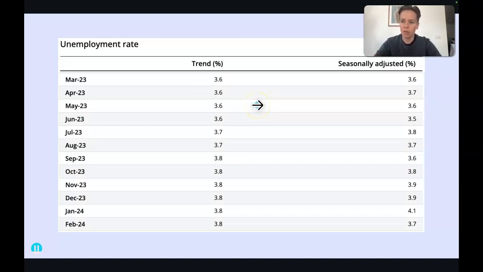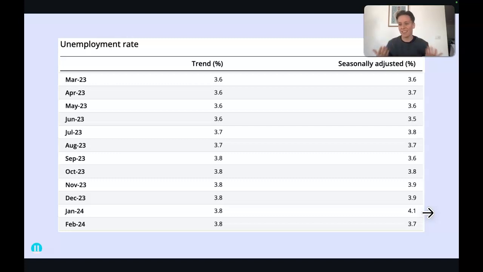So again, 12 months worth of data, guys. If we look at seasonally adjusted, I want you to look at seasonally adjusted where you can. It's basically just been adjusted to take out any extremities in the particular season, not something you need to know about. So March 23, we're sitting at an unemployment rate of 3.6%. Now that's really interesting because if we go back to our definition of the goal, it was 4.5%. So it's an interesting one because pretty much consistently over the past 12 months, we've seen the country existing at a point that is below the desired rate of unemployment.